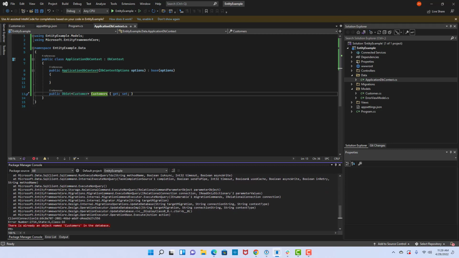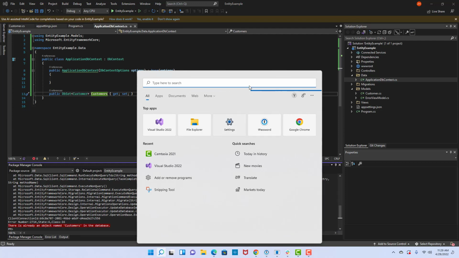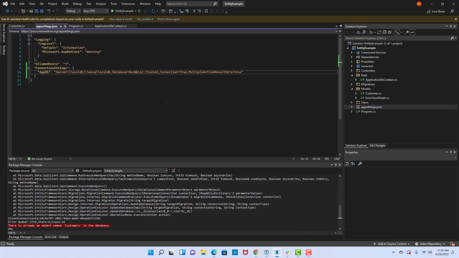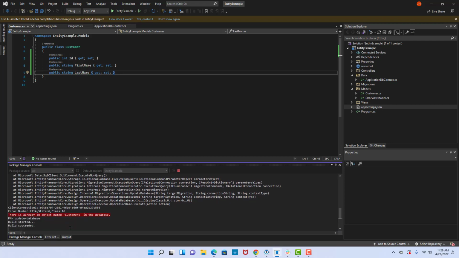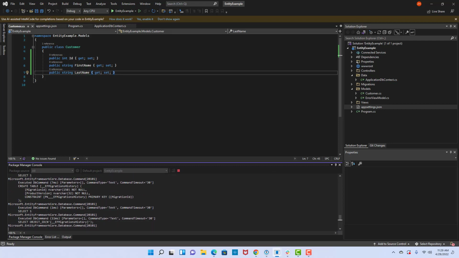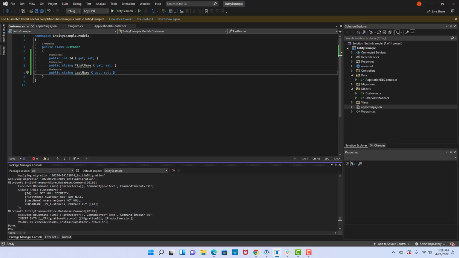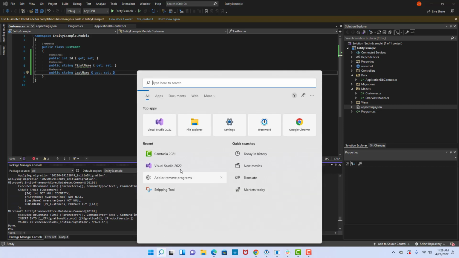Okay. I already have an object named Customer in the database. What this basically means is, I forgot to, let's just do a new one. I'm going to just go ahead and make a new database. Okay, and then we're going to do it this way. I already had a customer table in my old one. There we go. So if I go to SQL Server Management Studio,